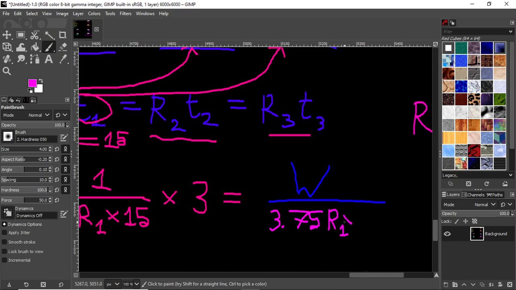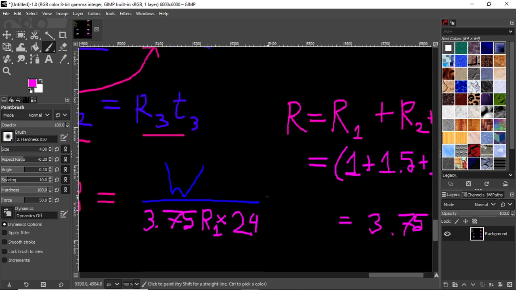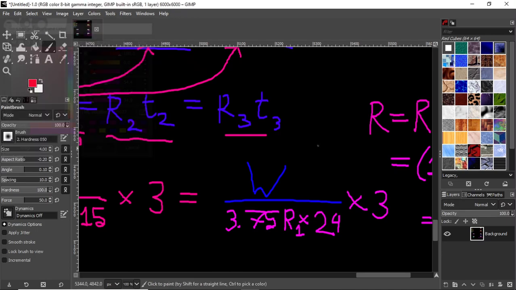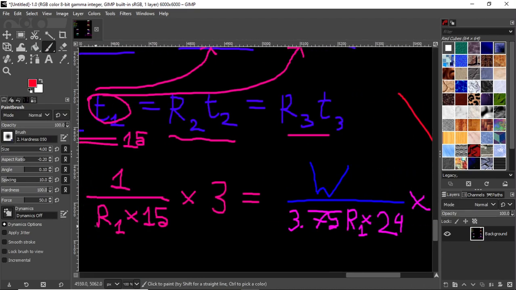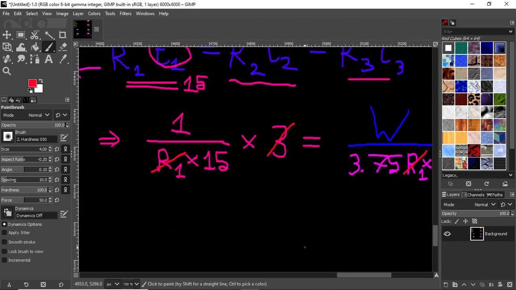That's multiplied by 24, and the right hand side also has a factor of 3. All right, so we have our equation. Interestingly, we can cancel out R1 as intended, and the 3 can also be cancelled out. That's pretty neat. So we rearrange this, and we get W equals